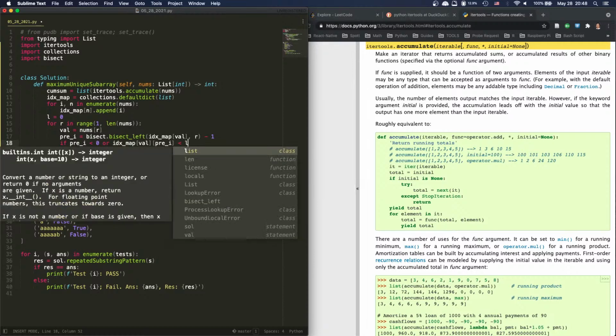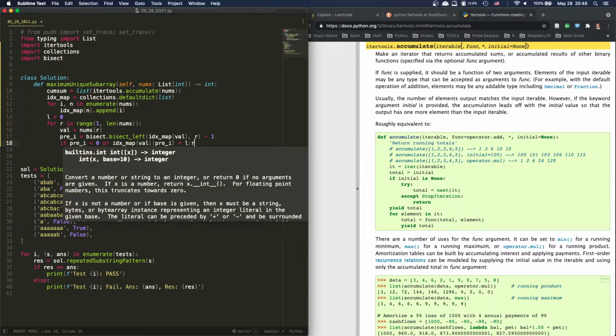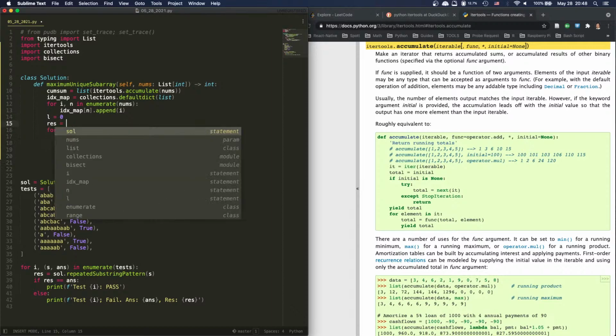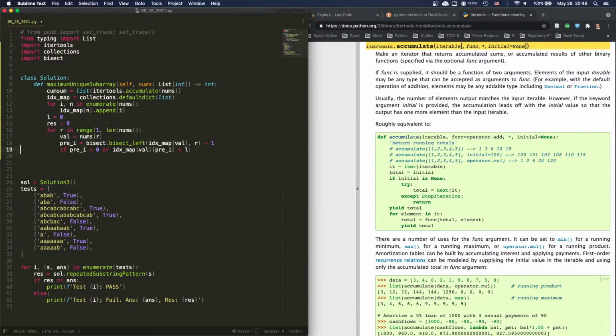So it's out of the range. So if it's out of the range, then that means we can include the current R, which means our result. So we're gonna put result here, which means our result is going to be I